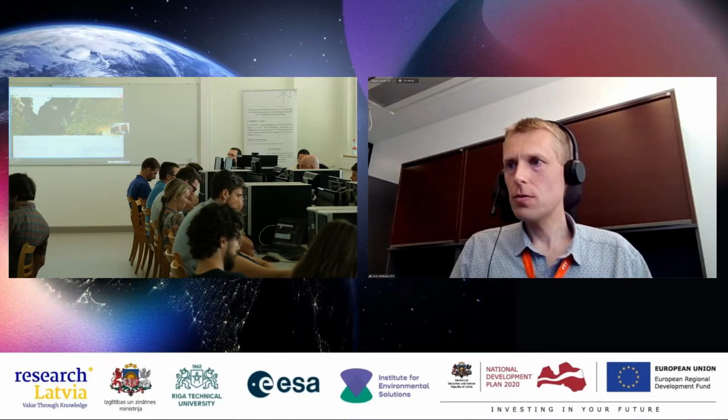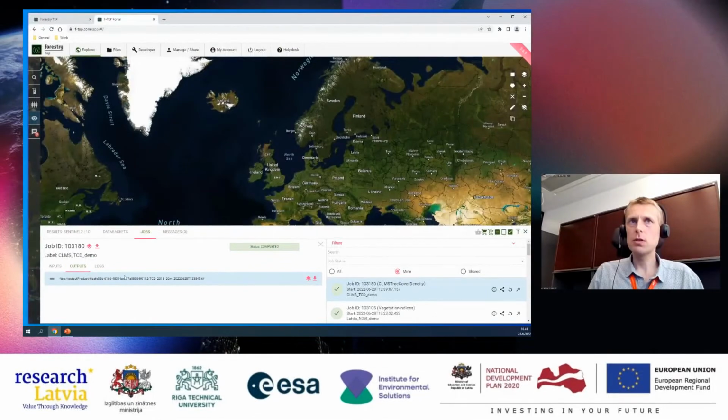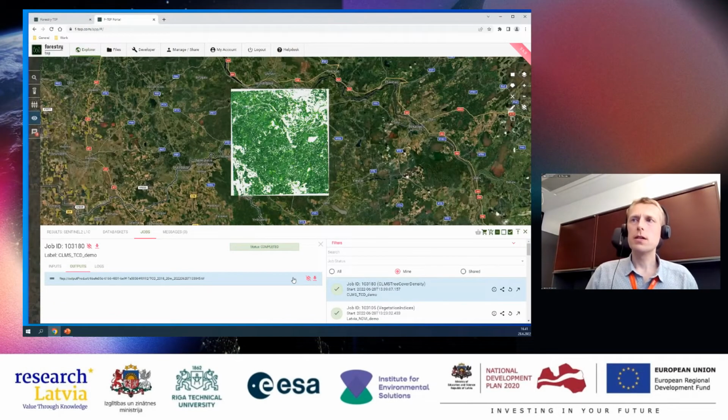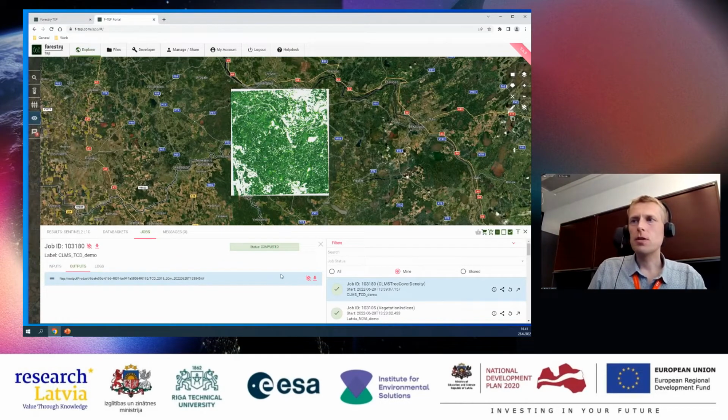Okay, those of you whose job has finished, you can again see the output like this here. Now, if you again click the show layer button, it will show the tree cover density product for your area of interest. So it's exactly the same dimensions as the vegetation indices product. And by the way, I didn't mention it yet, you can download all of these outputs easily to your own computer if you want from here.